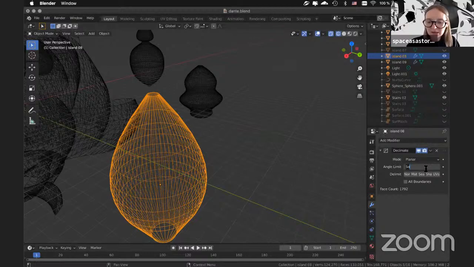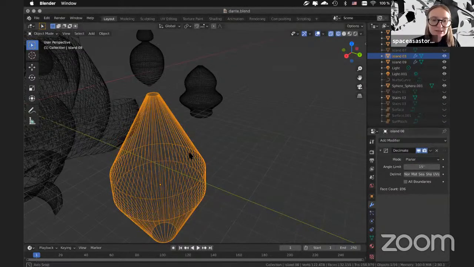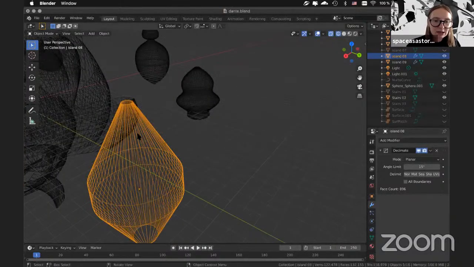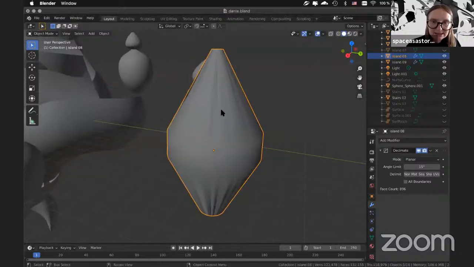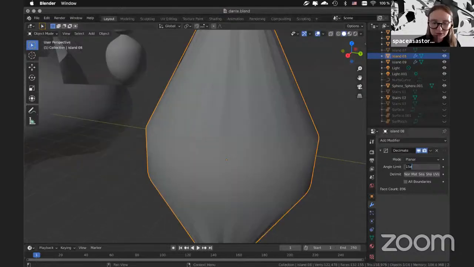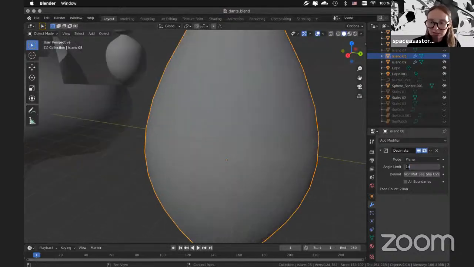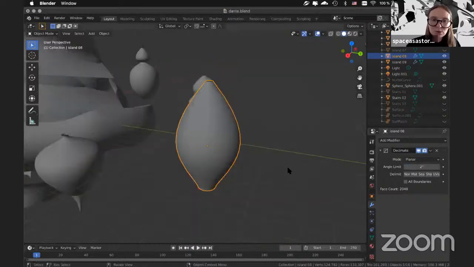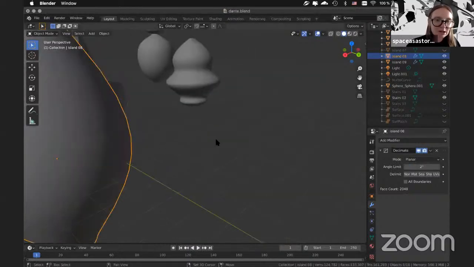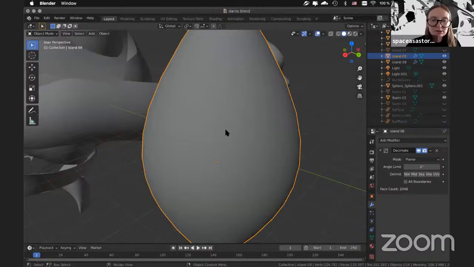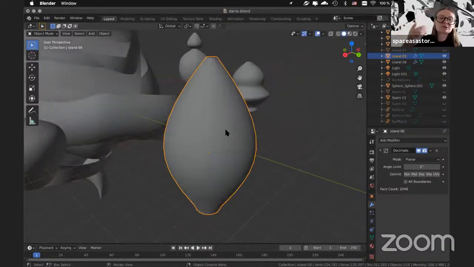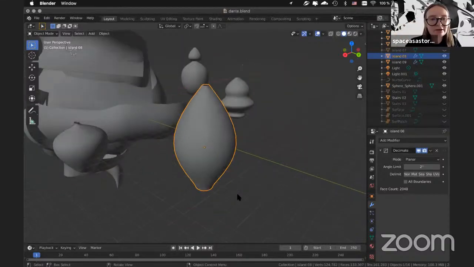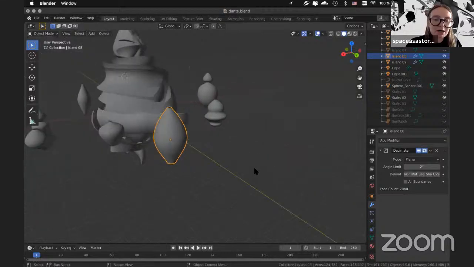So if you say 15 degrees reduction, it reduces all polygons that are less than 15 degrees for the model. And planar doesn't work well with circular or round surfaces, but it works very well, for example, with 3D